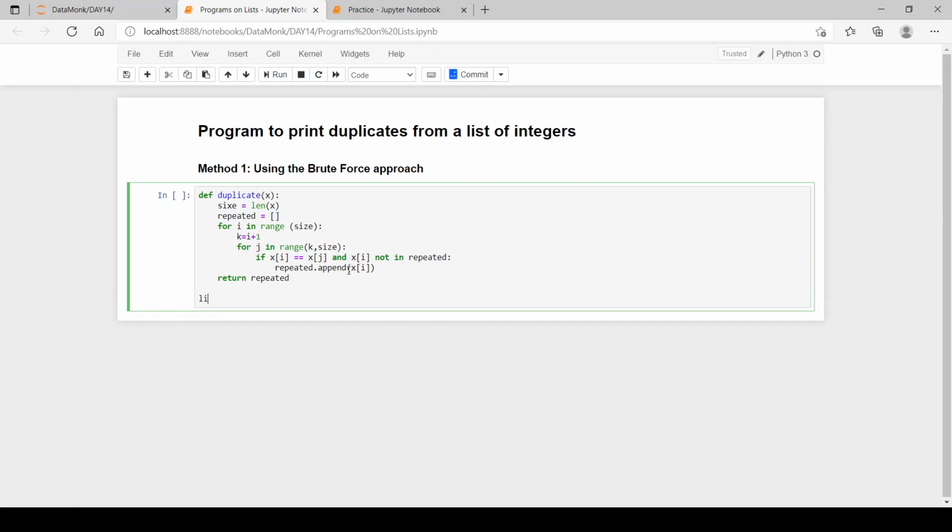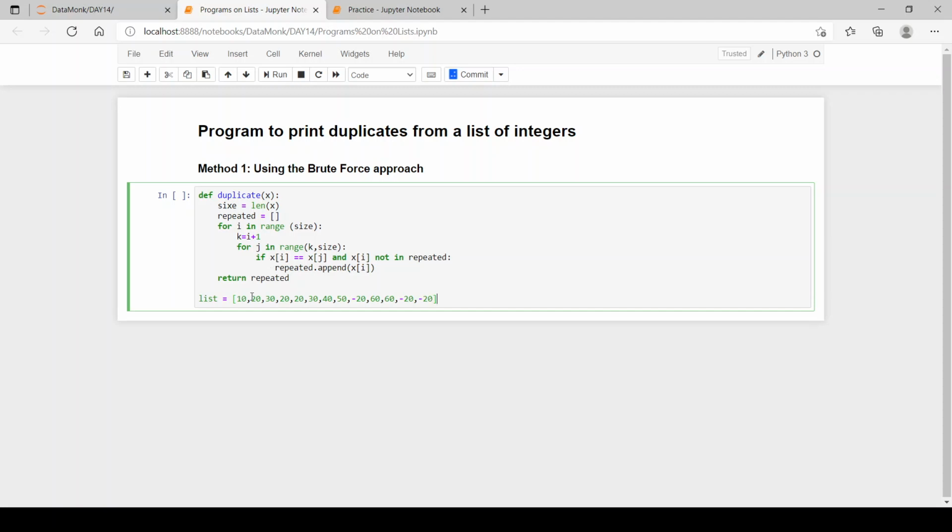Let's have a list which will be passed into our function. So now let's have 10, then 20, then 30, then 20 again, then 20 again, then 30, then 40, then 50, then minus 20, then minus 60, then 60 again, then minus 20, minus 20.